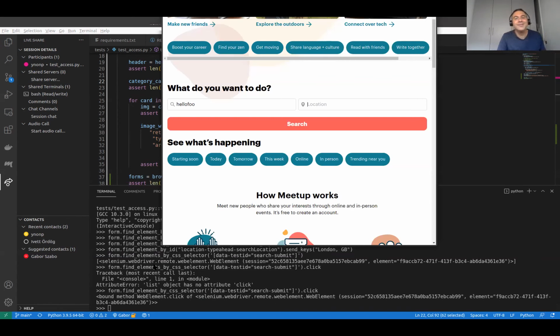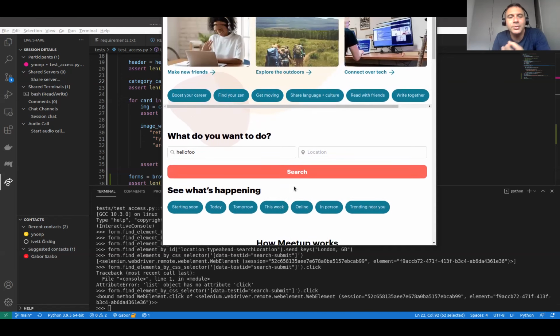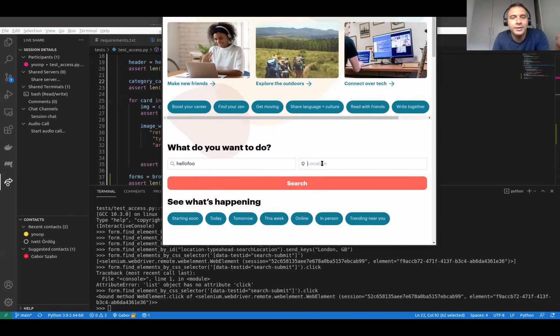Nothing happened, because typing keys into that, do you remember that? Just typing stuff into that location box does nothing. The only way to set the value is to click on the value in the pop-up. And once the box gets blurred, the value is deleted. This is a bug report. It's not a bug report.